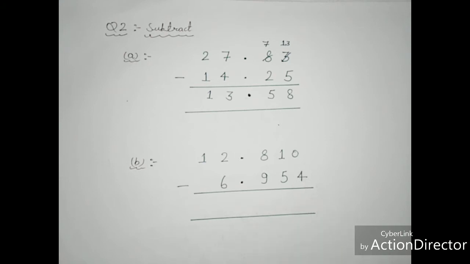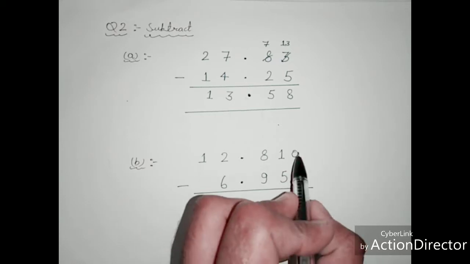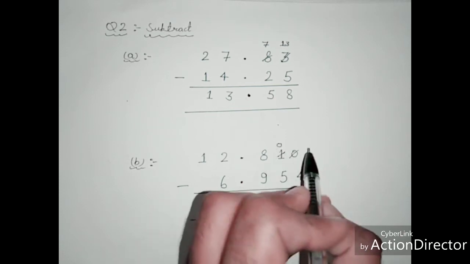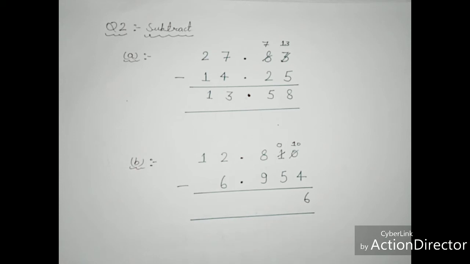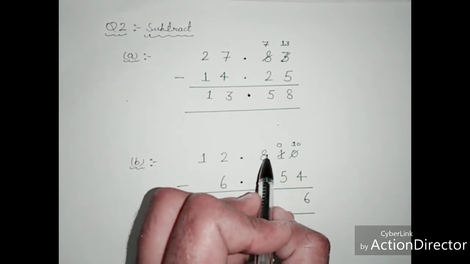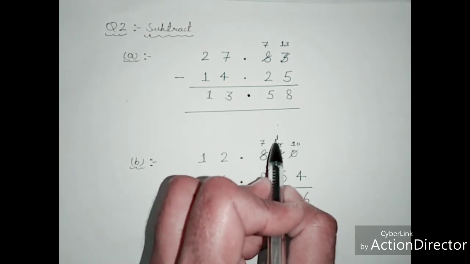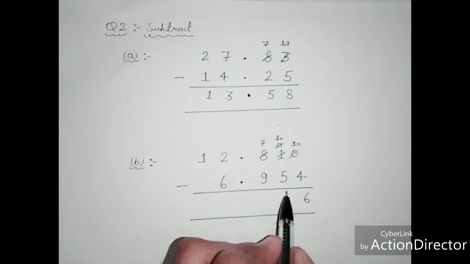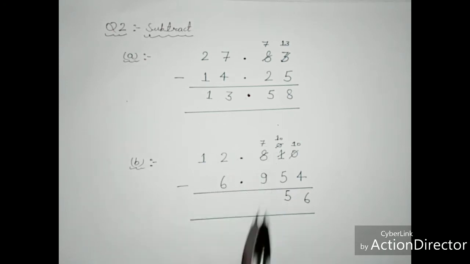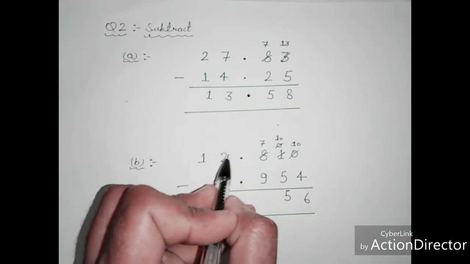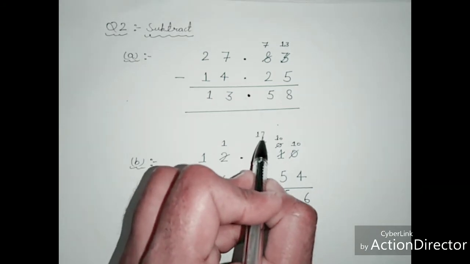Now we subtract both numbers. So first we take a borrow from 1 here. So here 0 is left here and this 0 converts into 10. 10 minus 4, 6. Now we take a 1 borrow from here. From 8, 7 is left here and this 0 converts into 10. 10 minus 5, 5. And now we take a 1 borrow from here. So this 2 converts into 1 and this 7 changes into 17.